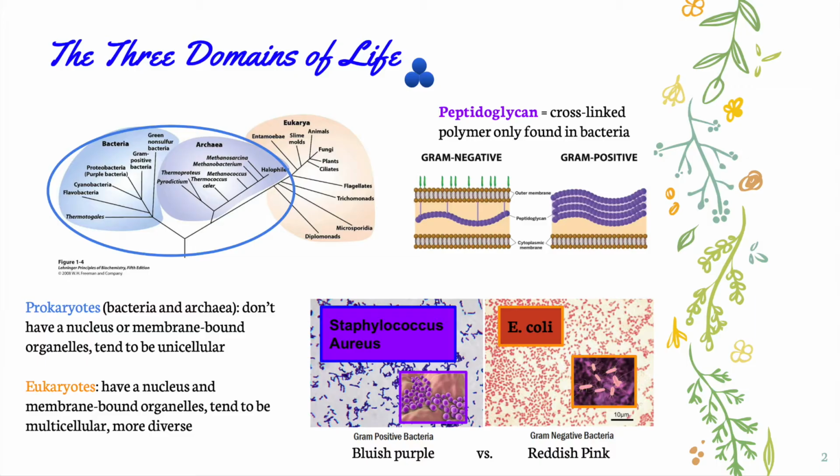If surrounding the cell is a peptidoglycan layer in between two cell membranes, the bacteria is considered gram-negative and turns reddish-pink when stained with dye. A couple examples are cyanobacteria, which generates oxygen necessary for life, and E. coli, which are mostly harmless but can sometimes cause serious diseases and food poisoning. Some antibiotics act to fight bacterial infections by inhibiting peptidoglycan polymer synthesis, and some cells in the immune system also